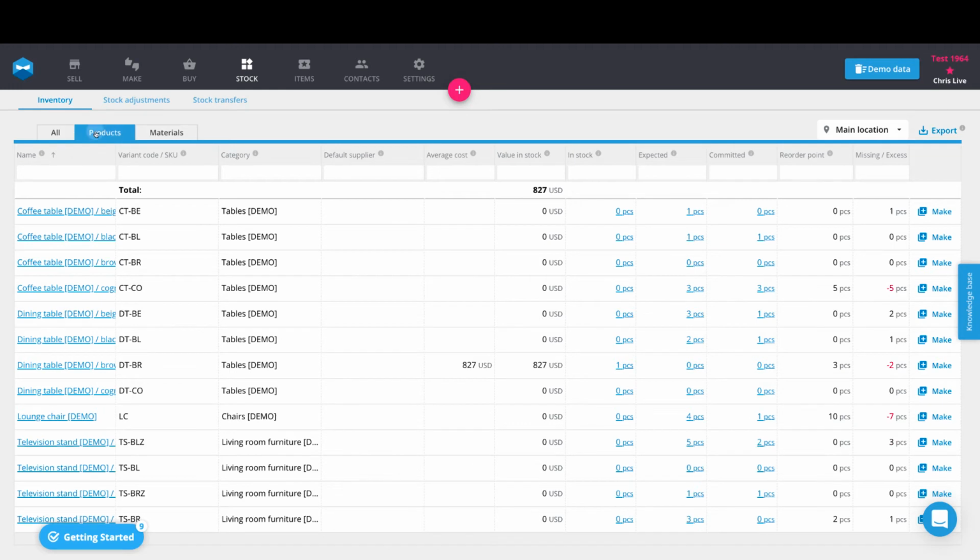So on your products list, the way we have set up Katana originally was to be basically that products are something that you make and sell, and materials are something that you buy and use as an ingredient for your products. So here inside of the products page, you will see the item's names, including all variants, the variant code,